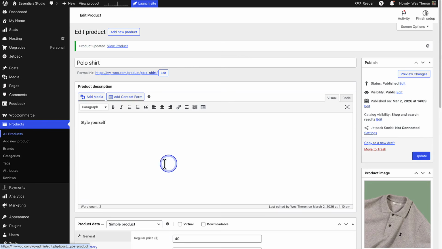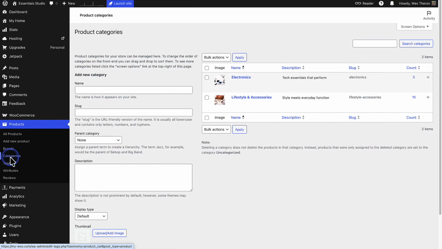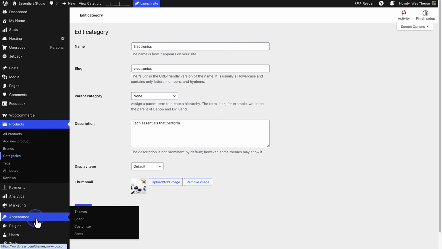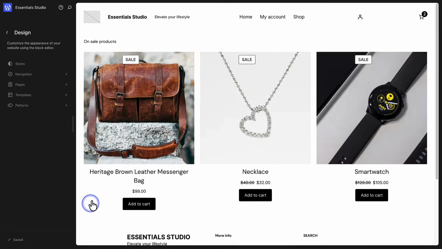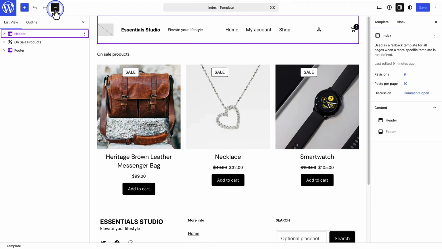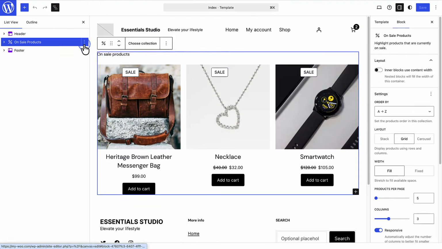When we make our way to categories, you will notice I've added 2 categories. And I've added a description as well as a thumbnail. I want to add the featured categories to my homepage, so I'll make my way to Appearance, click Editor, and open the homepage. I'll open the list view, select the On Sale Products block, click the 3 vertical dots and